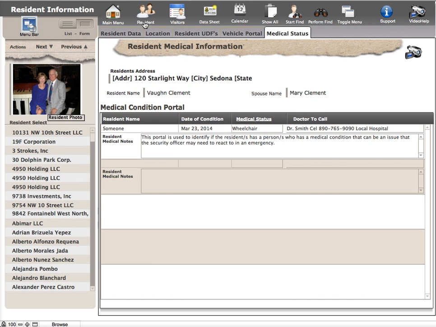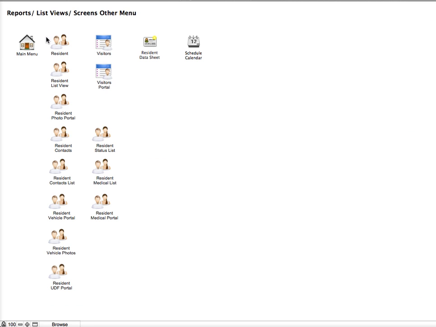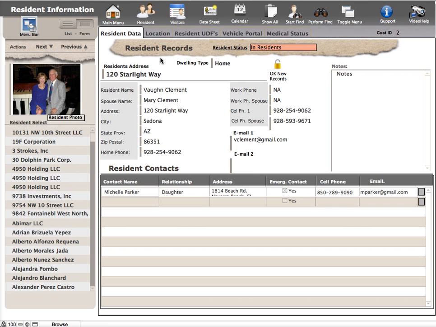Now, if you look at the top, I didn't cover these. This main menu is an icon that just shows the main menu as far as it being the main screen. There is a menu bar. If you click it, it will show you the individual screens and an icon to access whatever ones you want in general. So for example, if I click back on residence, it'll reopen the menu for that residence. So these are quick ways to get to those different screens, including the data sheet, which I'll cover later,